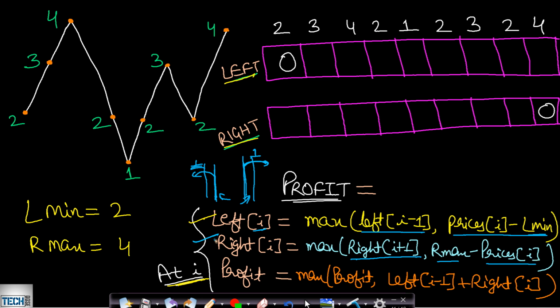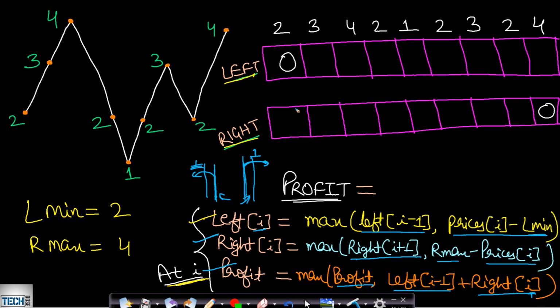So this will also be very intuitive if you can just write it in a notebook and try to dry run yourself. Now at any given point I, the maximum profit will be equal to max of the previously calculated profit, comma, the maximum of left transaction profit plus maximum of right transaction profit at a given point I. Okay, now let us go through this entire algorithm.